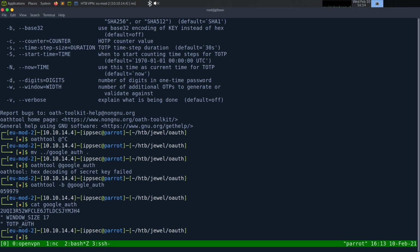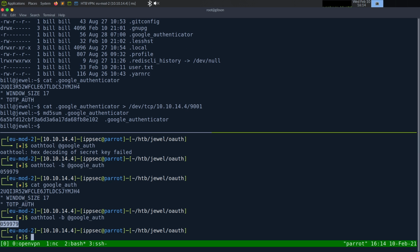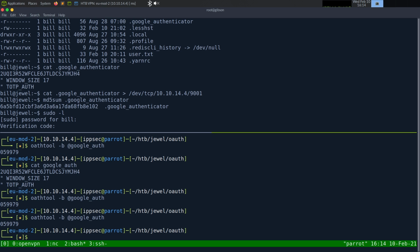And if we look at this, I believe this is the key, and this is definitely not hex. The default for base 32 is off. So yeah, base 32 is essentially base 64, but not case sensitive, I believe. So we do that, and we get a key. So let's try using this key with SSH. So let's do sudo -l, password was SpongeBob, and we're going to run this